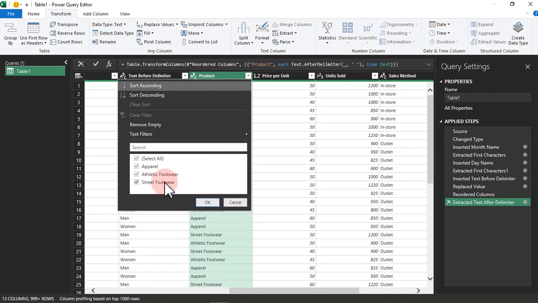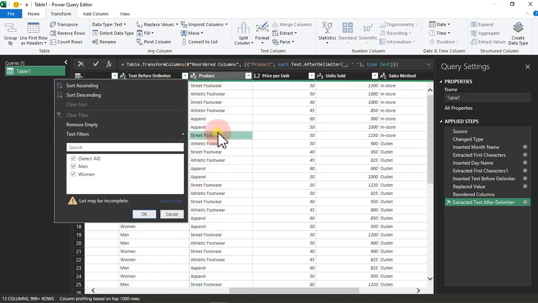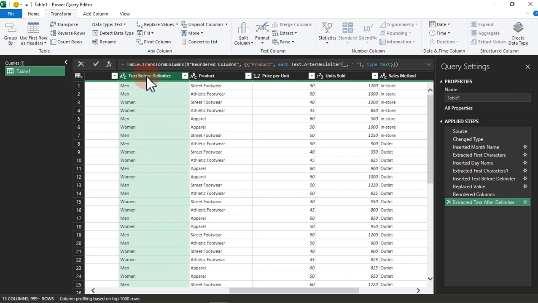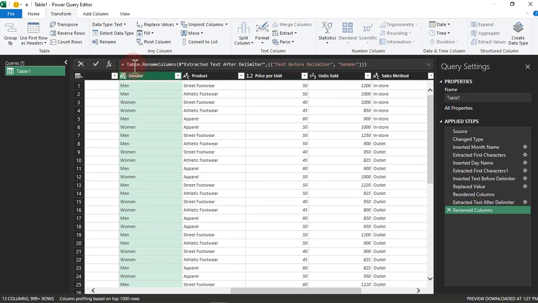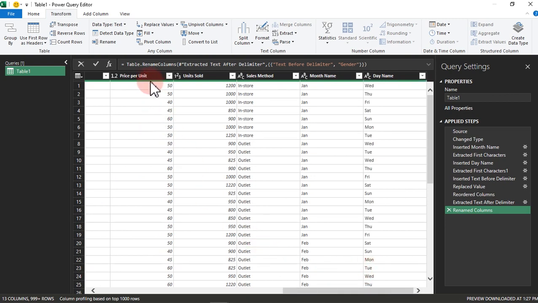Even though if I load more, I wouldn't have more. And we have the gender here. So all I have to do now is just to come here and name this one gender, and here is my products. Okay, we are not done yet. The next thing we have to do is just to scroll a bit here, and you can find where we have our unit,